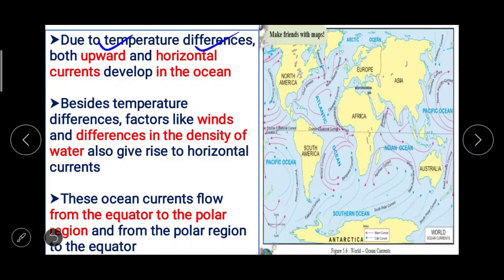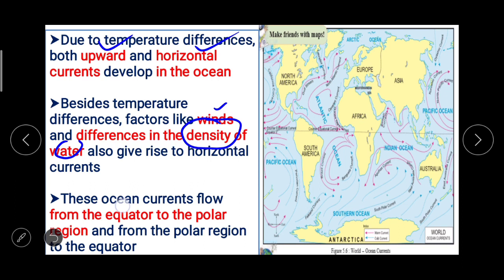Here in figure 5.6, you can see world ocean currents. Besides temperature differences, factors like winds and differences in the density of water also give rise to the horizontal currents, and these ocean currents flow from